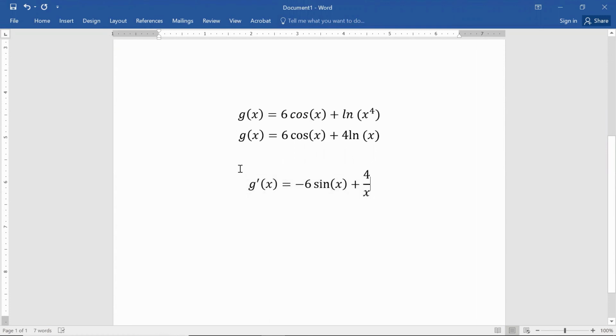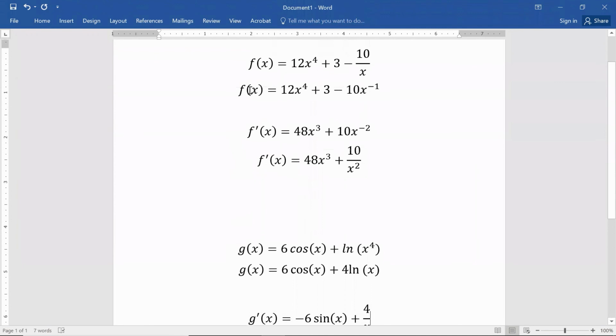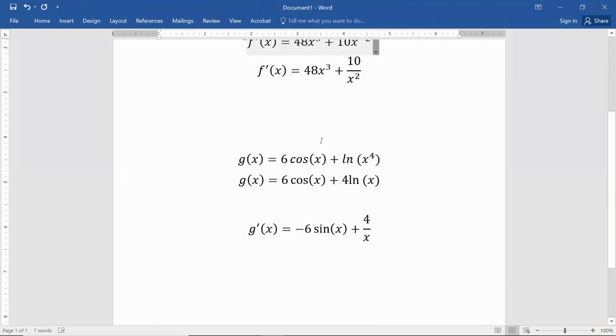So again, be careful on the rewrite versus the derivative. Sometimes people will start taking a derivative here and then realize, oh, I need to do a rewrite here. And then they'll do a mix and match at a middle stage, and it never works out really well. So rewrite, then take the derivative, and then if I want to clean it up, I can clean it up. Rewrite, and then take the derivative.